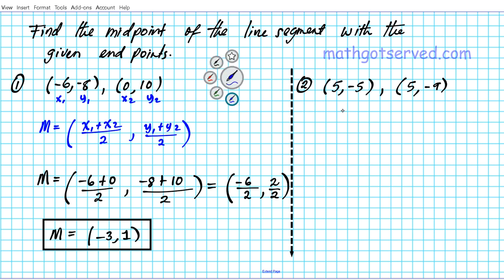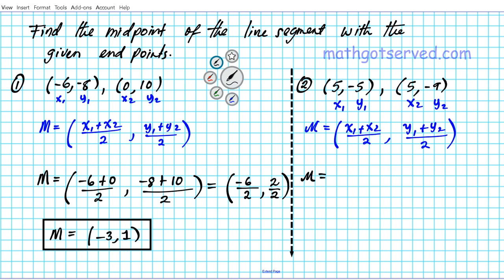Step number 1 is to label. So x1, y1 for the first point, and then x2, y2 for the second point. That's step 1. And then step 2, you write down your formula for the midpoint. So you average the x's, x1 plus x2 over 2, and the y's, you average them, y1 plus y2 over 2. So you label, write down the formula, and then next you're going to substitute and simplify using the